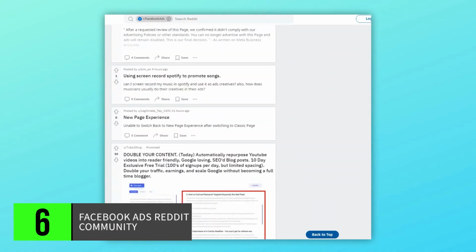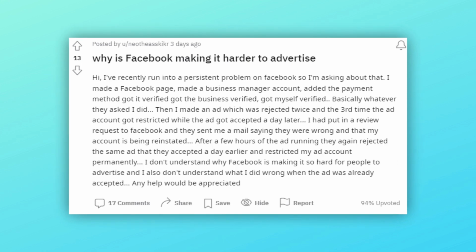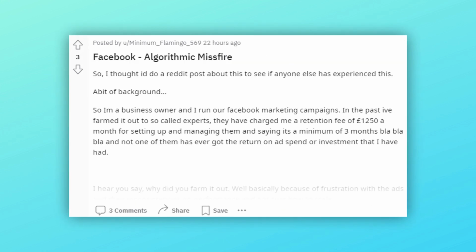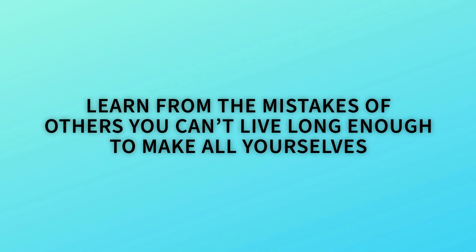the Facebook ads Reddit community. If you post a question, you will get a reply over here. People post all kinds of weird questions here, but the important part is that the community is very strong over here. You get to network with a lot of stakeholders, and who knows, if you solve their problems, you might land a gig. The economist Vishnugupta Chanakya used to say: learn from the mistakes of others. You can't live long enough to make them all yourself. This group exactly helps you with that.